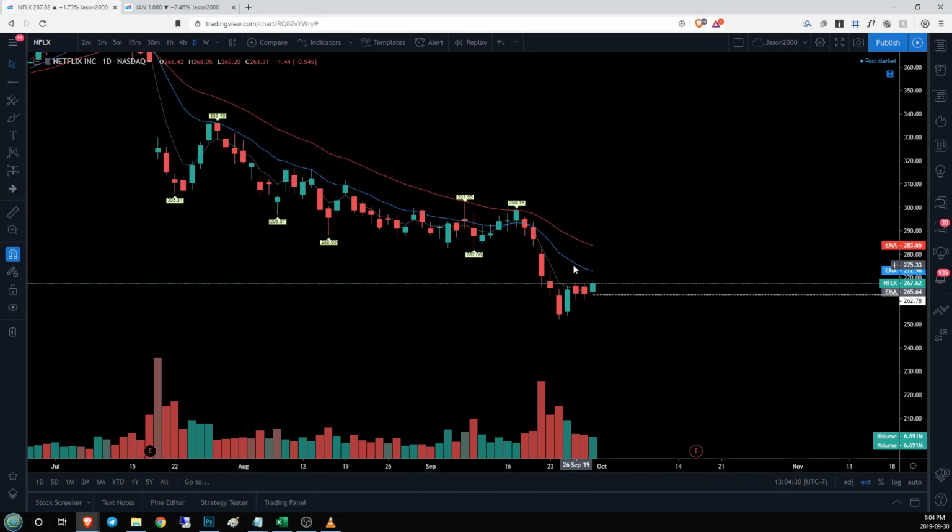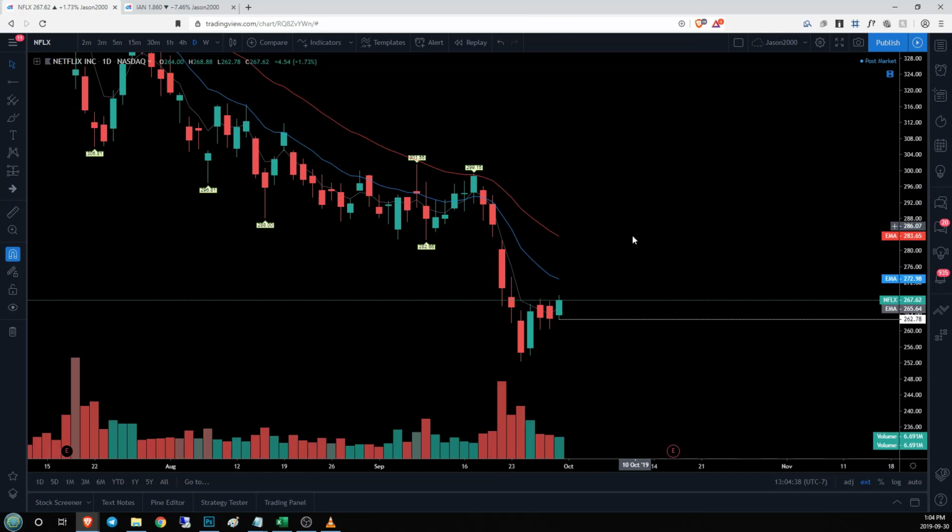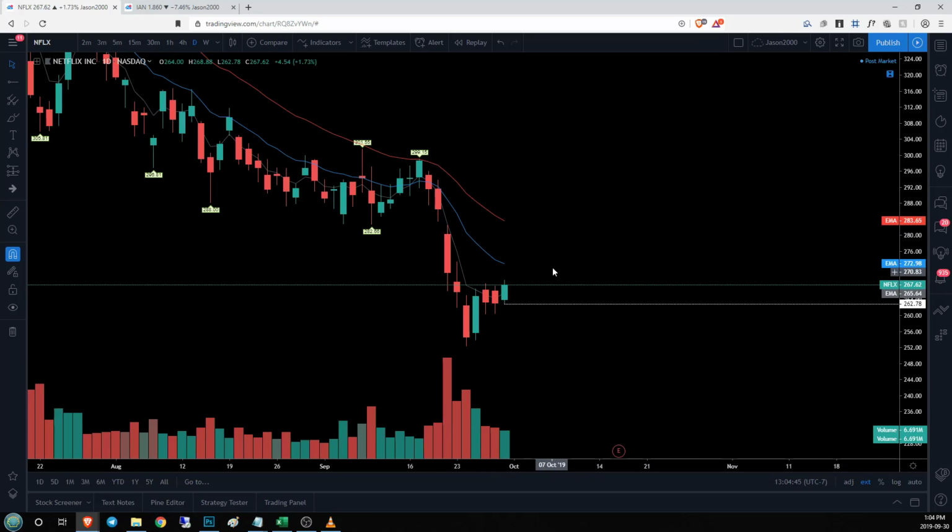We've set a low, and now we're going to see if we can set a lower high. We got a long way to go to 299.15, so a straight shot and a lower high is very unlikely. More than likely, we're going to get a 4-hour trend change that may turn into its own daily trend by establishing a high and a higher low and then a higher high there, eventually working its way back up to the 299 resistance,